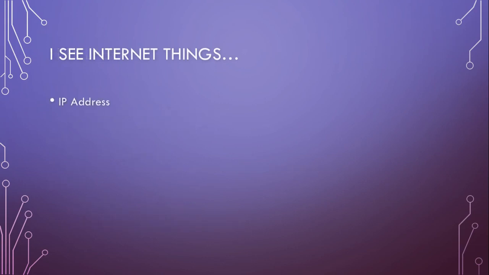All right, since we're talking about internet, the first thing let's talk about is the IP address. This is a number that defines a device along your network using either IPv4 or IPv6 protocols. IPv4 is, of course, slowly on its way out. It's going to go kicking and screaming. IPv6, of course, is the future because IPv4 is much more limited in what it can do. It's only a 32-bit address, whereas IPv6 is a 128-bit address, so it has billions upon billions of addresses that it can use.